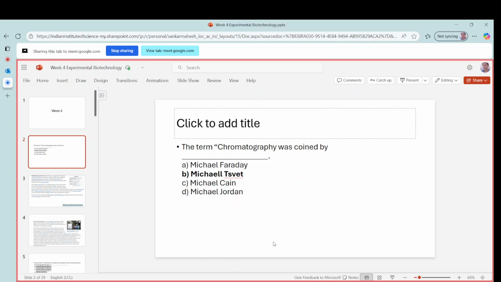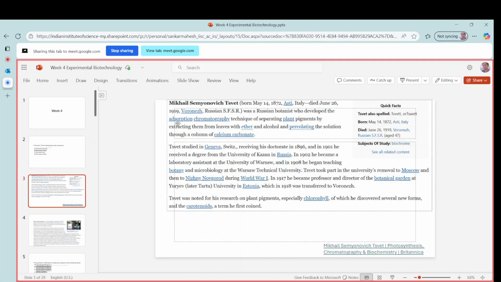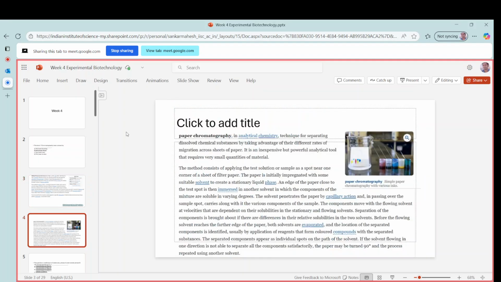So, it was by this person called Michael Tsvet. He's a Russian botanist. He wanted to separate these plant pigments, for which he used a method. Later on, this method came to be known as chromatography, and you might have done this yourself, where